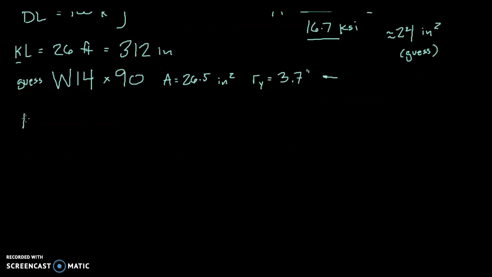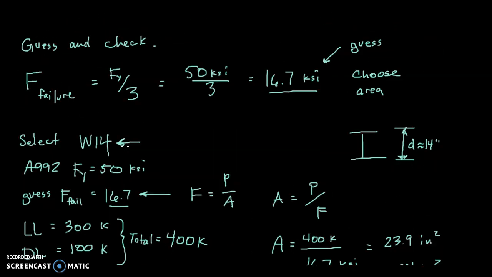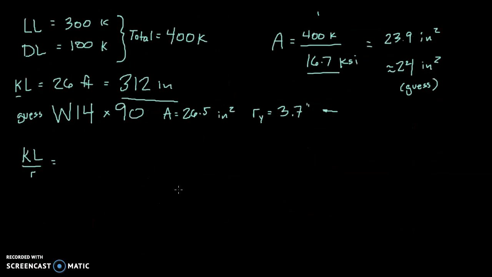So the first thing we need to do in our analysis is determine the slenderness ratio, KL over r. We were already given the effective length, KL, in the problem statement. Let's see, where was that? Here it is, 312 inches. So that's going to be 312 divided by the least radius of gyration, 3.7. And so that is 84.3. So we need to compare that to the cutoff point of